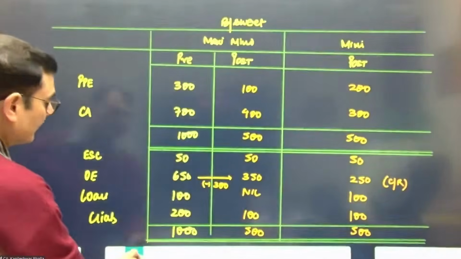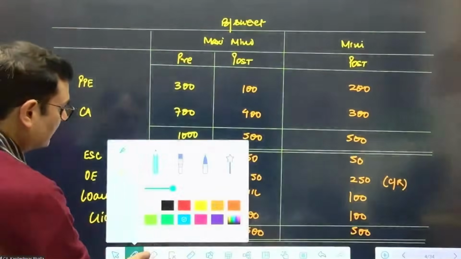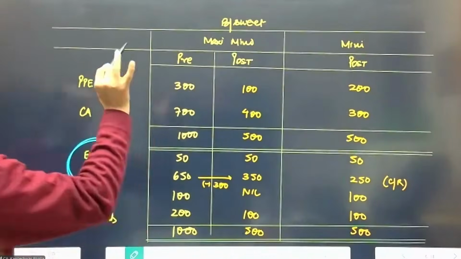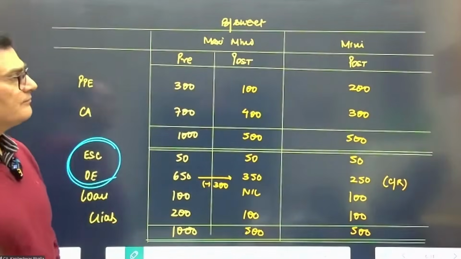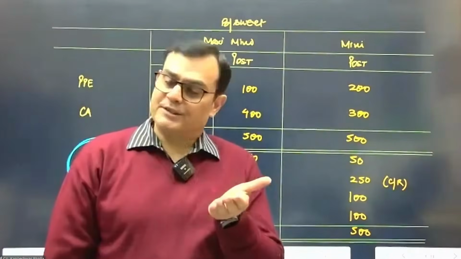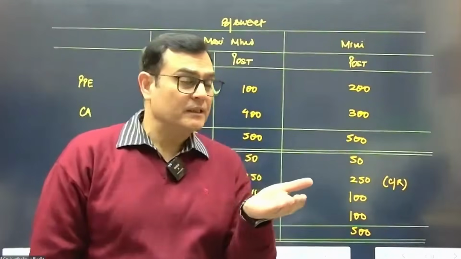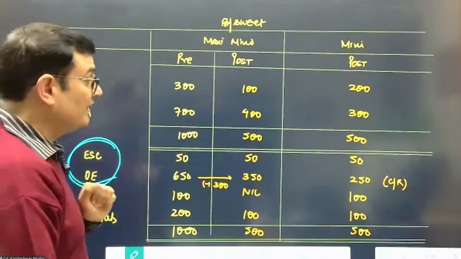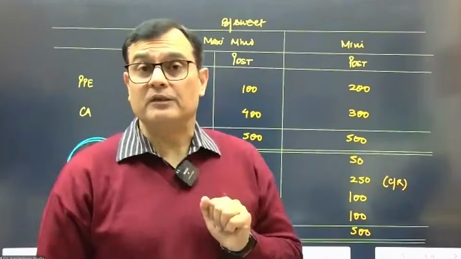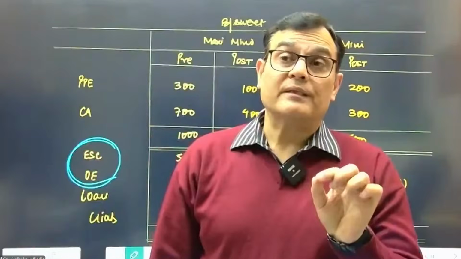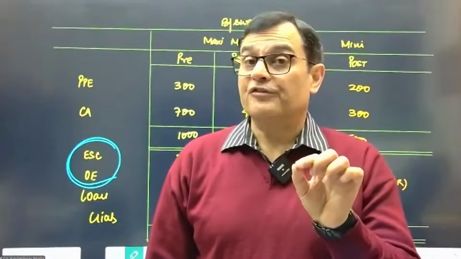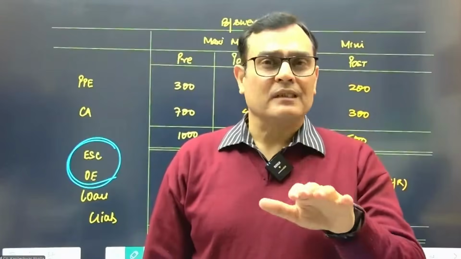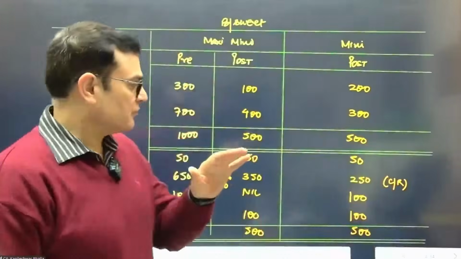Now, if I want to calculate the net assets of the company, can I simply consider the sum total of equity share capital and the other equity? Yes, either assets minus liability, or you simply take the share capital and other equity. Right now we are safe because we are not given the fair value of any of the assets. But otherwise, when you calculate the net assets, we need to consider the fair values. But in this case, being effectively a merger, everything is done at book value. So let's organize the data.